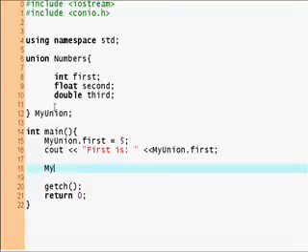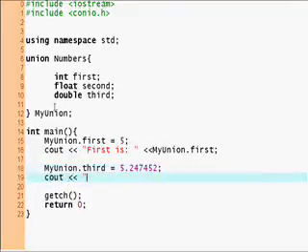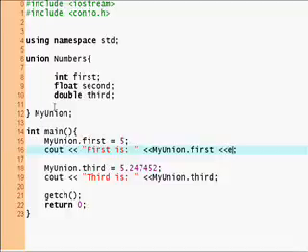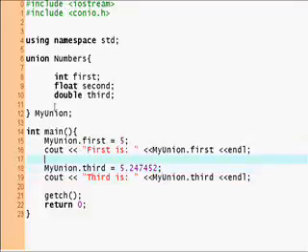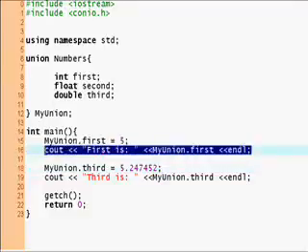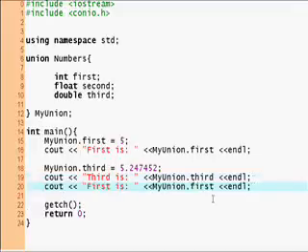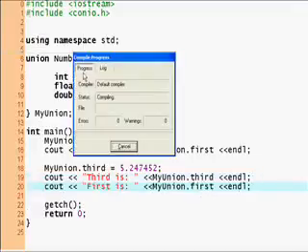So that's good. Now let's declare myUnion third, a double, equals, oops, and cout third is myUnion.third. Oh, sorry, let's put an endl here and endl there, just so we can separate them into lines. And after this I'm gonna put, once again, first is. So let's run this program,